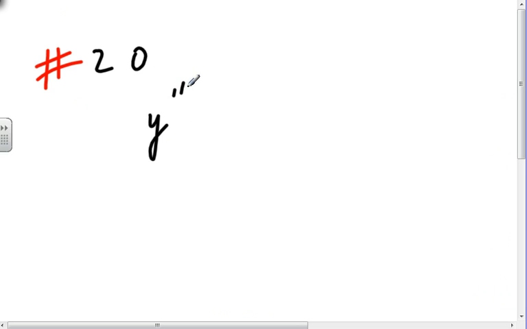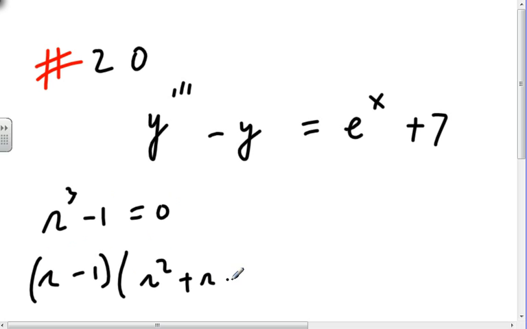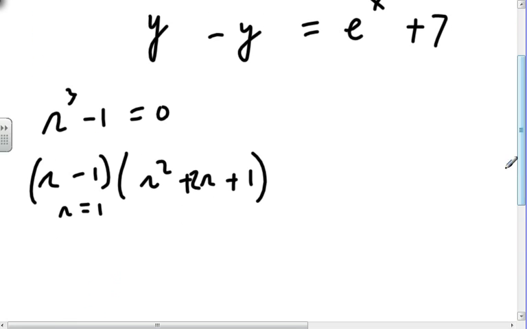Number 20: y''' minus y equals e^x plus 7. Okay, we're not going to fall in the same trap again. So I got r^3 minus 1 equals 0 as the characteristic equation. That's r minus 1 times r squared plus r plus 1. Whatever it is, r equals 1 is a factor of that, and because of that, when we look at the forcing function,